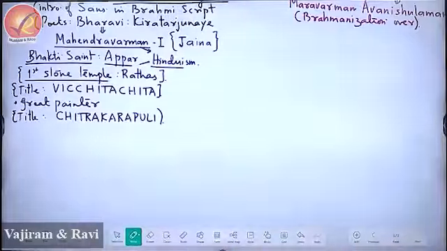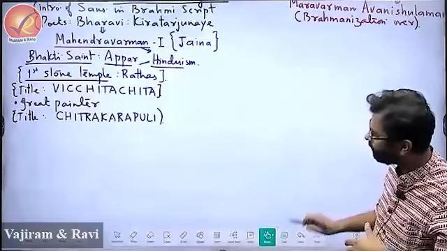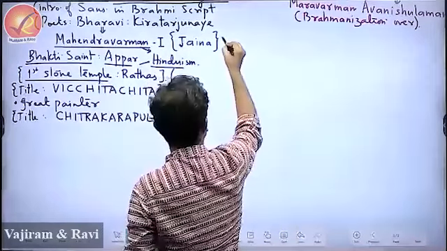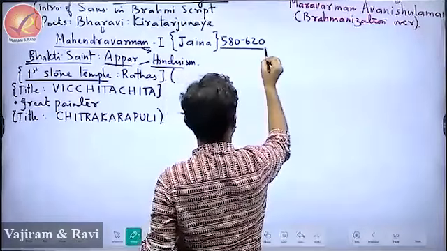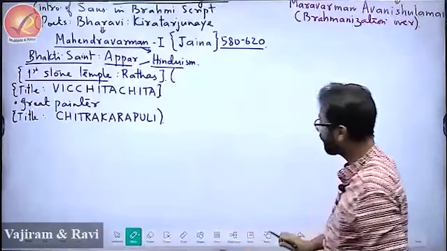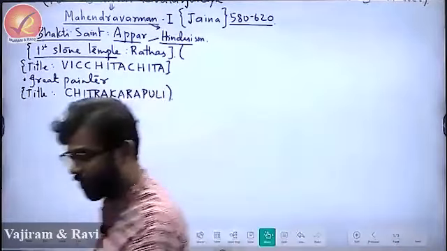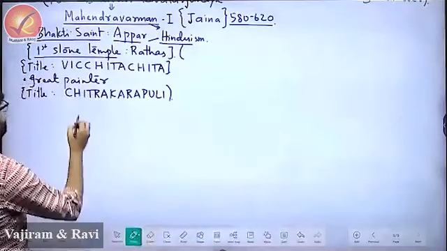Mahendra Varman, good man. So he was constructing everything. His time period you should know because he is the first person to do this. His time period is 580 to 620. You should remember at least his time period because this is the transition. I am not giving you dates for everybody because those are not important. After Mahendra Varman comes his son